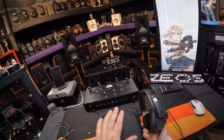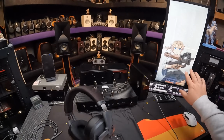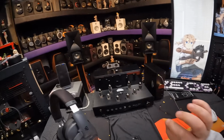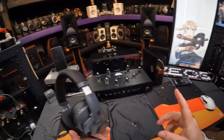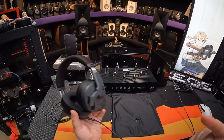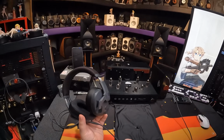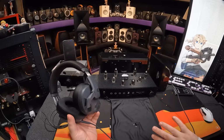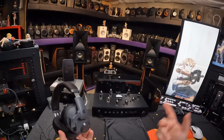The only thing that is a negative impact on this for music is that occasionally the high end can get a little spicy, just a little touch. And that comes from it being a gaming headset. You see, when you design a headset, when you design how you want the frequency response to work, you either want bass or you don't want bass. Some gamers don't like low end. For those gamers, I say,